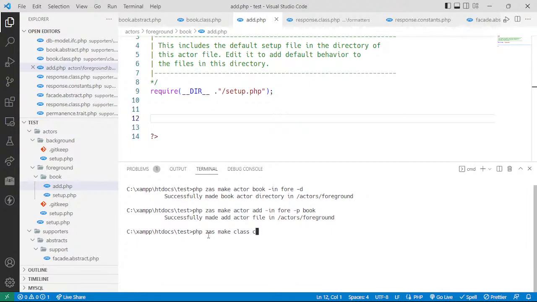Class what? Common. Is it common? Let's call it wrapper. Requests. So yeah, PHP ZAS make class wrapper requests, and this thing only has posts. It only has maybe request, then you do data, and then you get the data. We are not going to, you know,